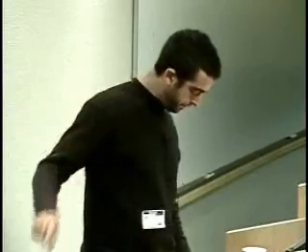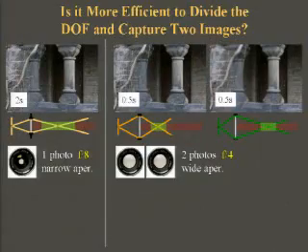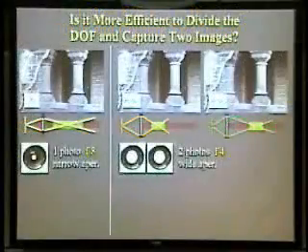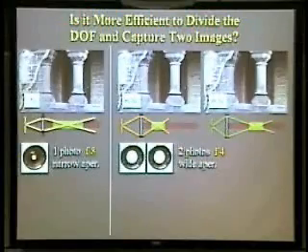So you should notice that because each interval is smaller than the original depth of field, we can obtain acceptable focus in each image by using larger apertures than before. But the question remains, in which case is the total exposure time lower? The single narrow aperture photo or 2 wider aperture photos? Well, as it turns out, in the 2-photo approach, we're almost twice as efficient in terms of total exposure time. And in this example, we need 2 seconds to span the depth of field in the 1-image narrow aperture case, but a total of just 1 second in the 2-photo approach.